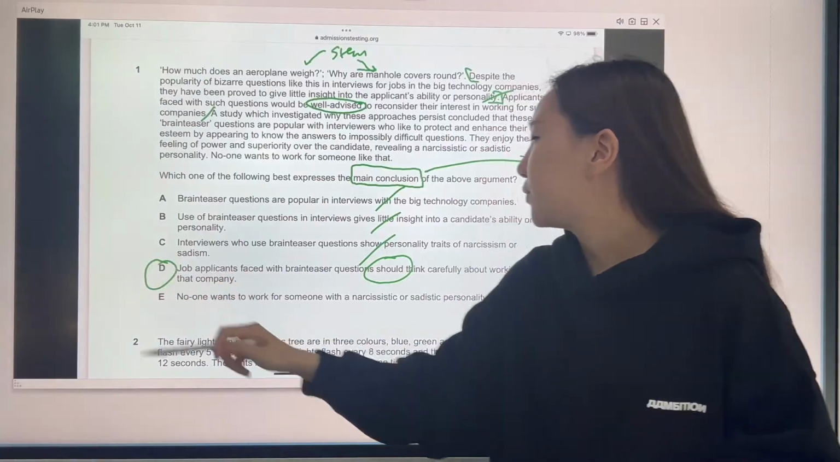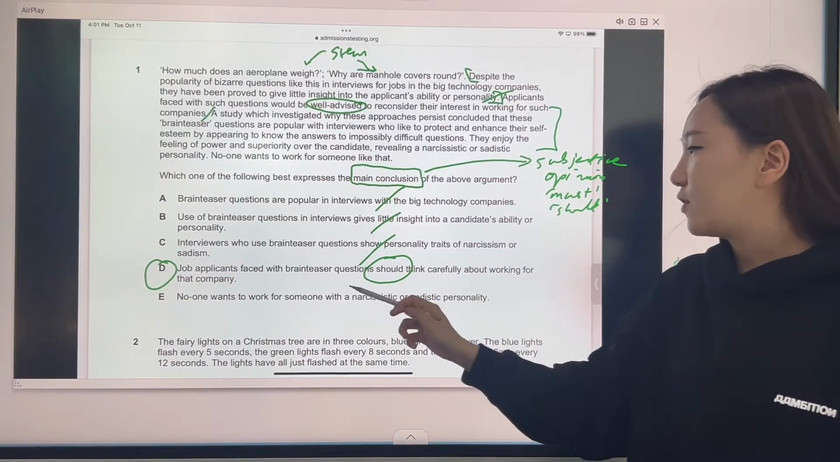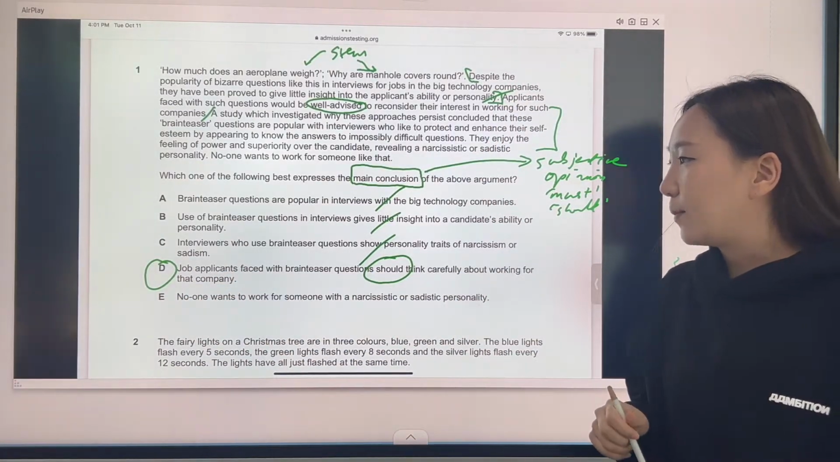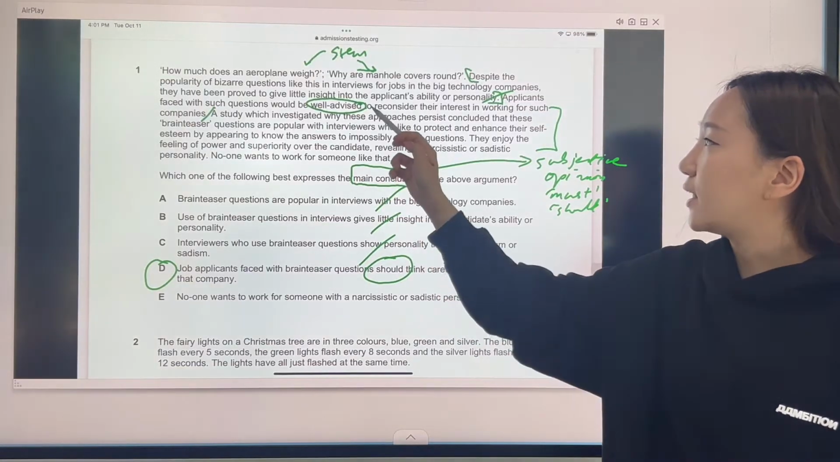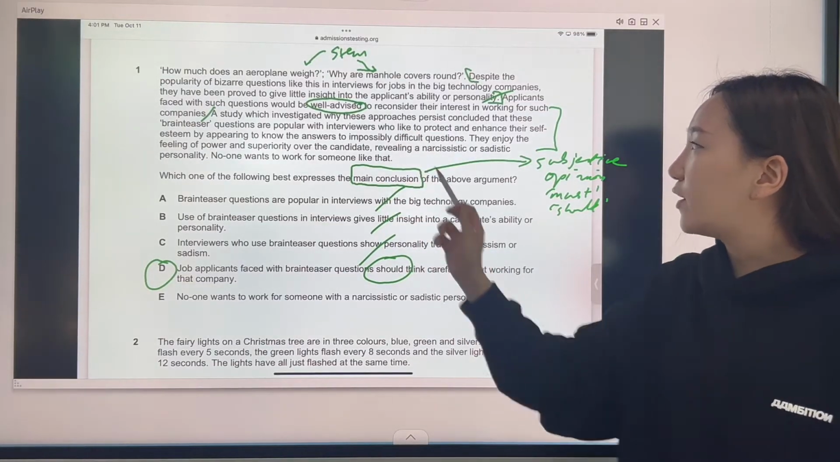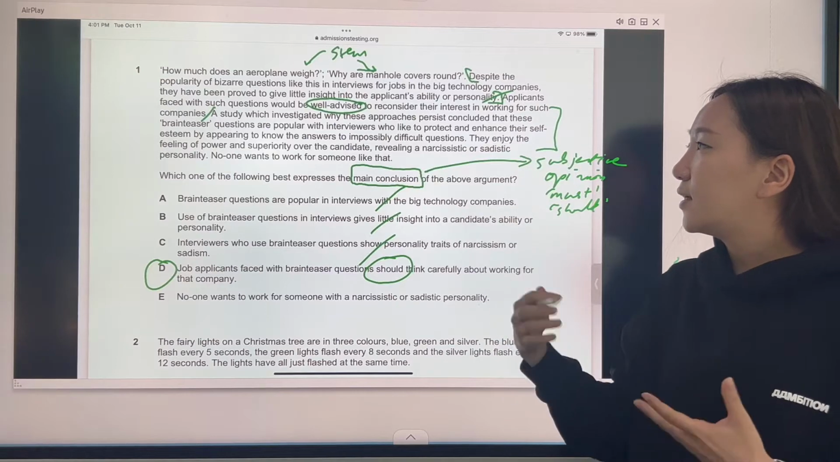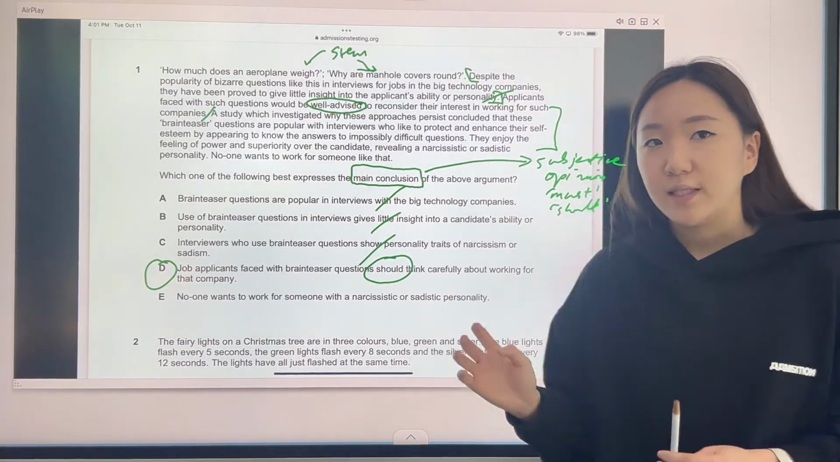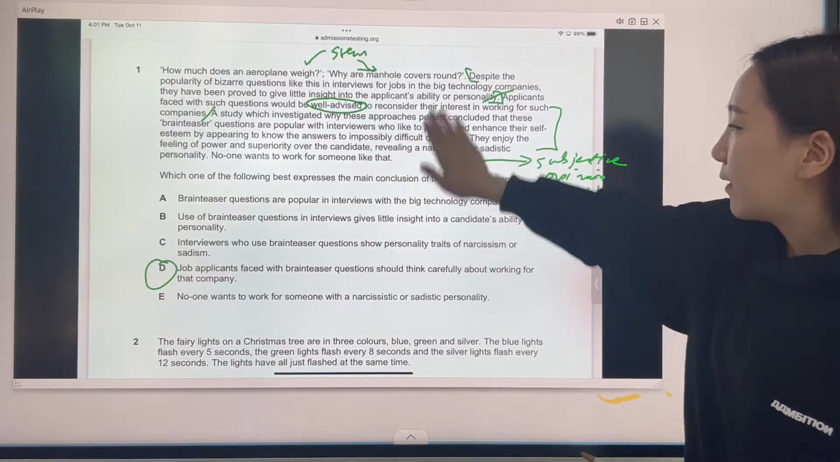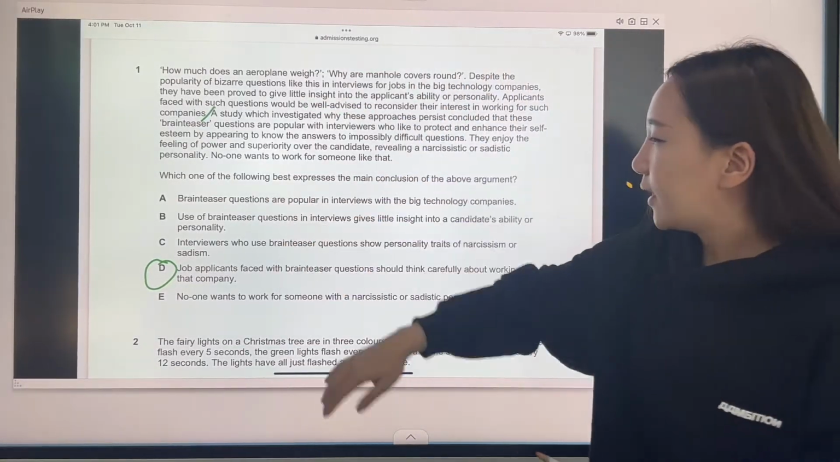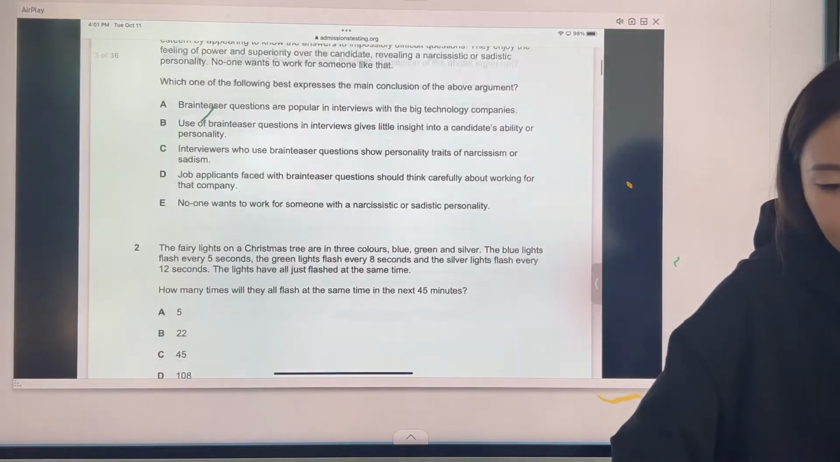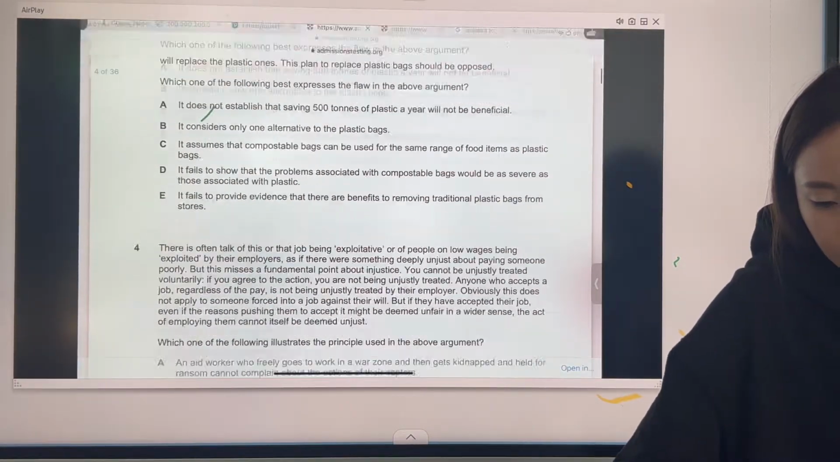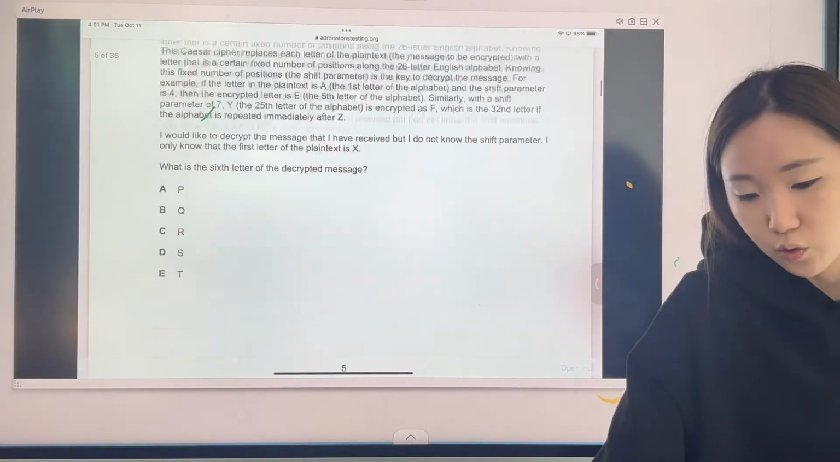And it is in fact this one actually. Job applicants faced with brain teaser questions should think carefully about working for that company. As you can see, it's exactly the same: think carefully, well advised to reconsider their interest, etc. So that is really nice and easy. It should be something that doesn't take you too long at all. So let's move on to the next main conclusion question. I think the next one was,